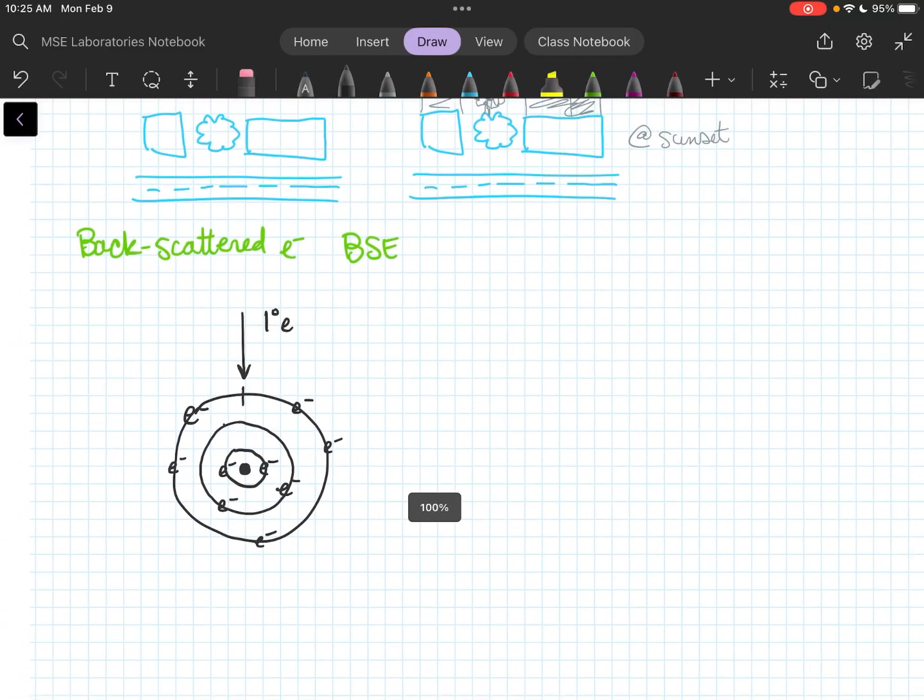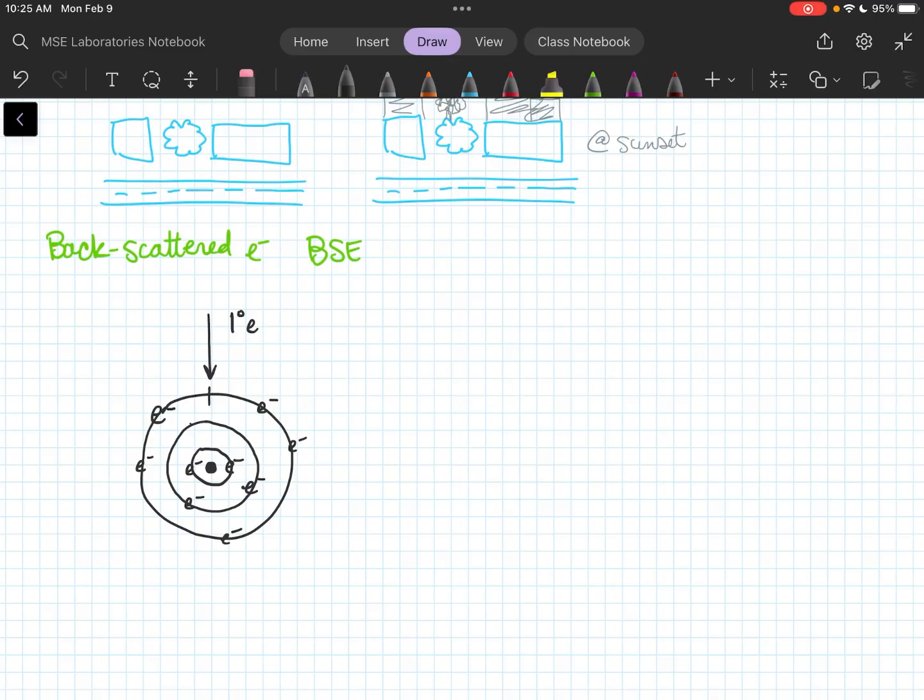We're back to a primary electron coming in, whacking an atom. This time though, let's say our electron actually misses all of the secondary electrons